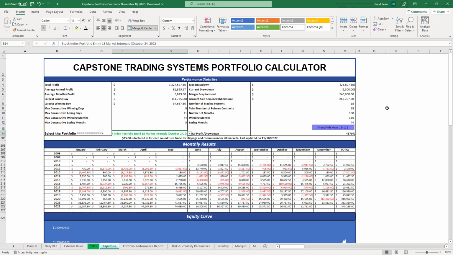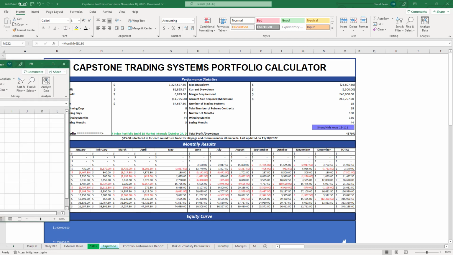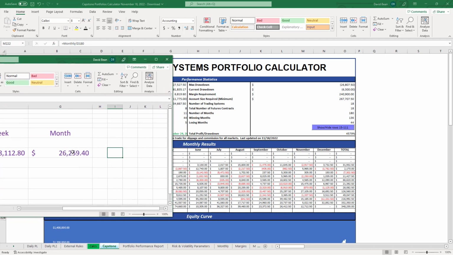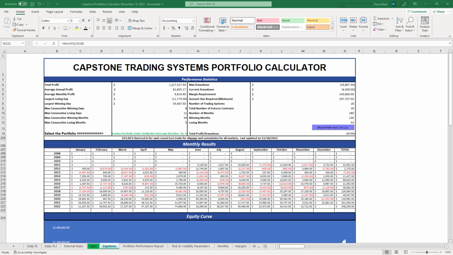This is the portfolio that we started with on the month. It is the stock index portfolio, E-mini 18 market internals. It trades strategies that only use market internals with the exception of one strategy. This portfolio is up 12,000 on the month, hypothetically speaking. The real numbers are 26. We beat the hypotheticals. We're up 26,259.40 on the month for the 200K portfolio, trading one E-mini of 18 different